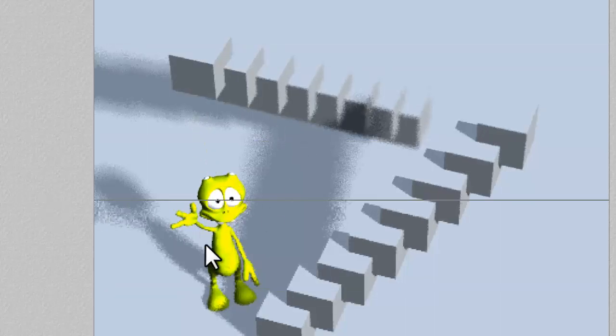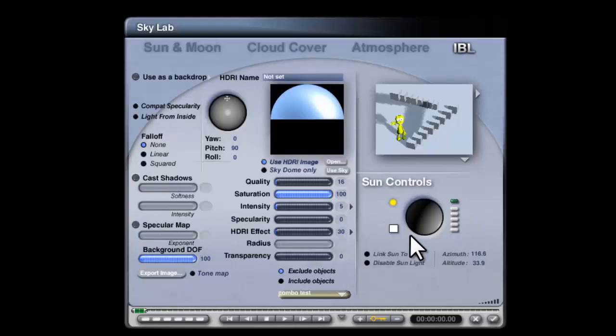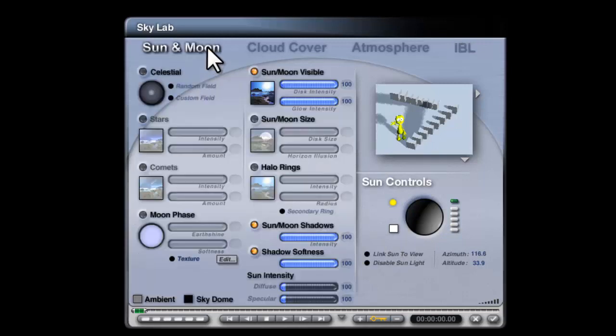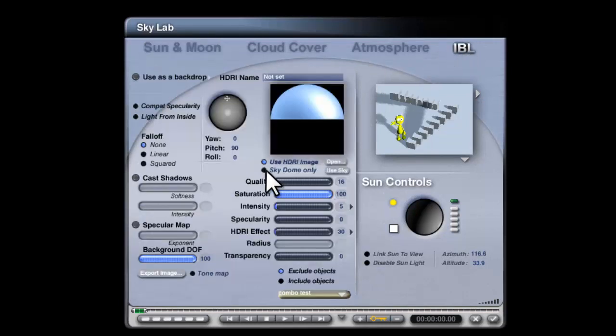So there we go, we've got soft shadows from our main light source. Now I'm going to go back in here, image-based lighting, think about what I'm going to do with this. I think I'm going to want a complete HDRI of the sky, but I don't want the sun to be captured in that. So if I turn the sun off as a visible object, go back to IBL,